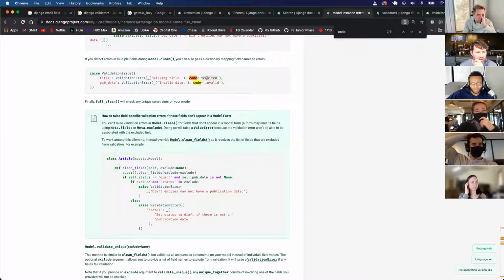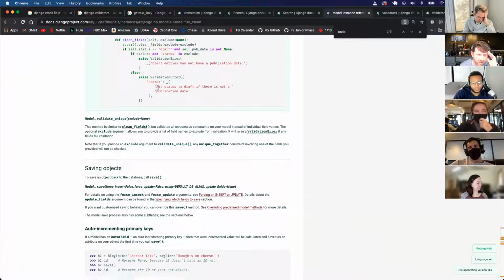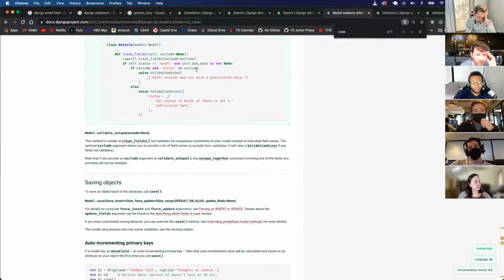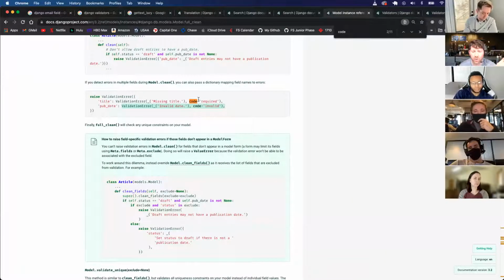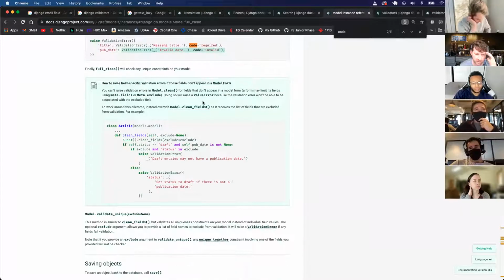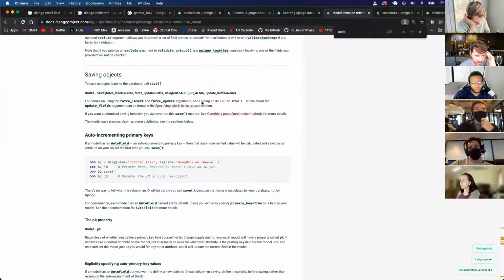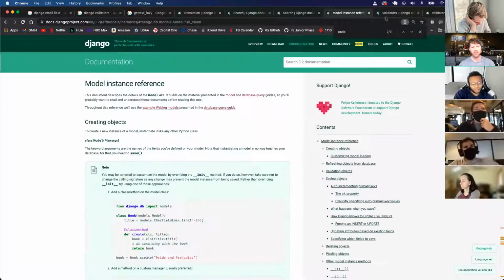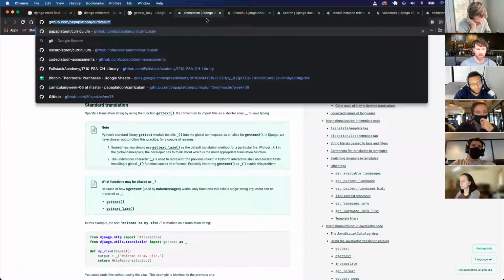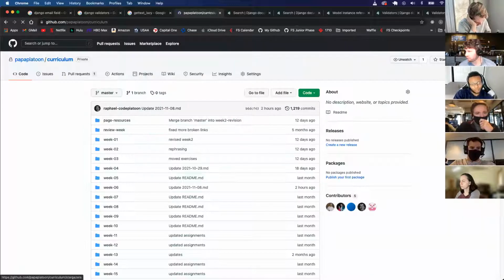Code required, invalid. It looks like it's related to whether the field is required or something is invalid. Maybe there are different codes you can throw an error on, whether it's invalid or required or something like that. Not quite sure. Any other questions? All right, I'm going to